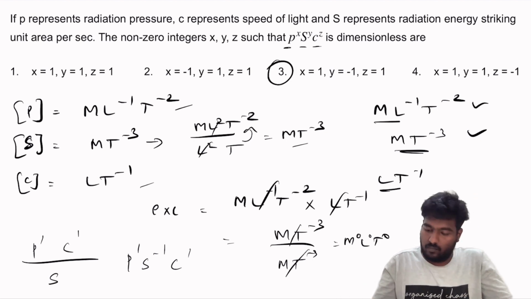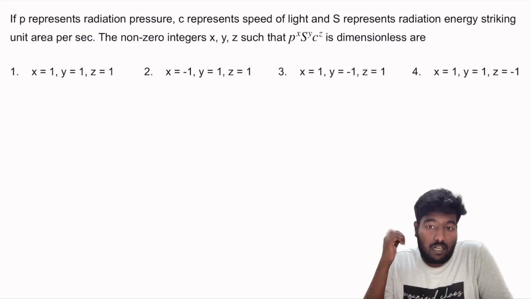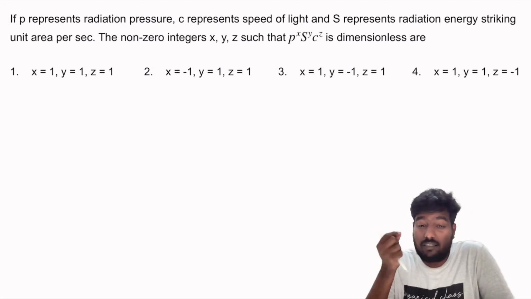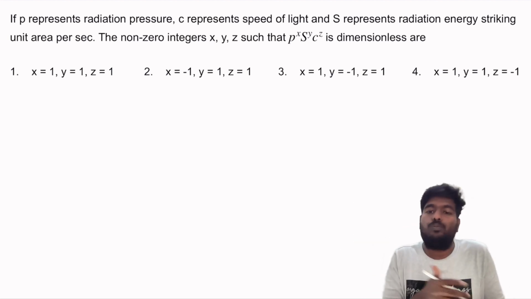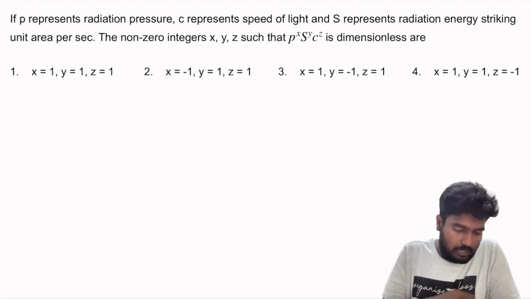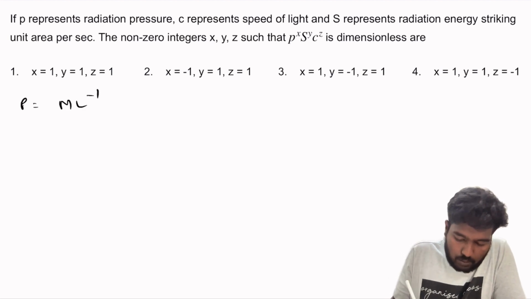So how can you do it mathematically? How you can do it mathematically has a very small twist that we have to address. Otherwise, it will put you in a loop. It will cost you a lot of time. Okay, I'll explain. So we know that radiation pressure has dimension of m l power minus 1 t power minus 2, and